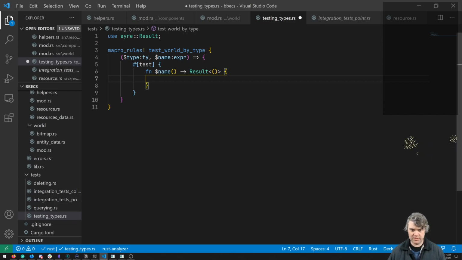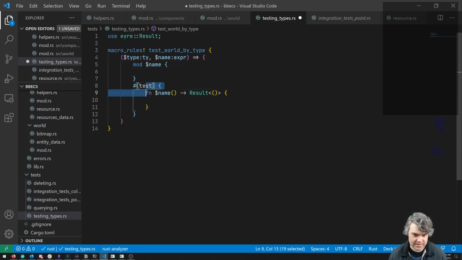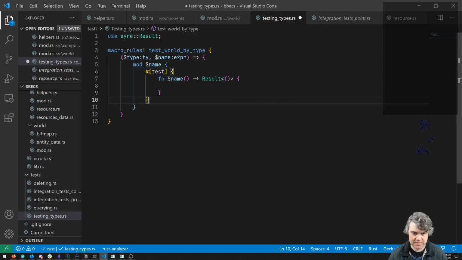Okay, so we probably want this to be in a mod. So it's creating a new mod for it with the different functions inside of that. Okay, so we have a mod, name. Then you go inside of this. Then instead of testing name, the first thing we're going to do is